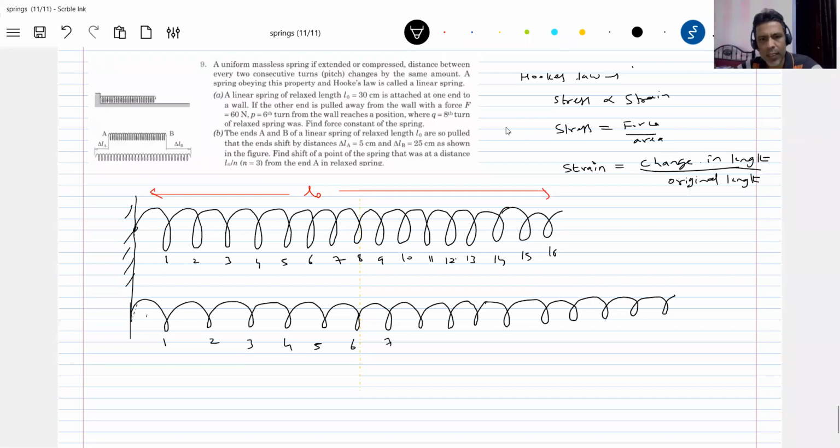So this will be 7, 8, 9, 10, 11, 12, 13, 14, 15, 16. So now this is the distance L6, no? So it got displaced. So now this should be the, so how much of spring force? So now for that I'll apply a force. So here what happened? I'm going to apply a force.